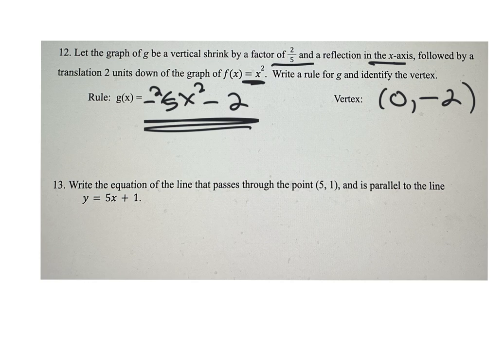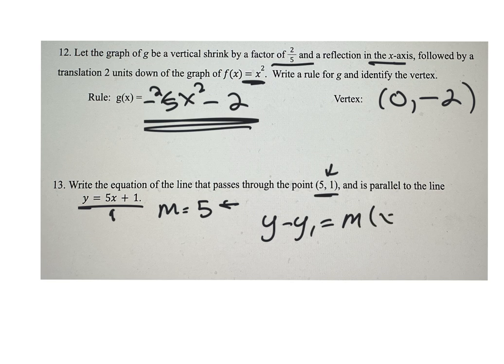Write the equation of the line that passes through that point and is parallel to that line. Now, if it's parallel, remember, that means it has the same slope. So if I'm looking at this equation and it's in slope-intercept form, slope is 5. So there's my point, there's my slope. So I'm using point-slope form, which looks like this. There's your point-slope form. So I'm going to put the point in, the y-coordinate for the y, the slope for the m, the x-coordinate for the x,